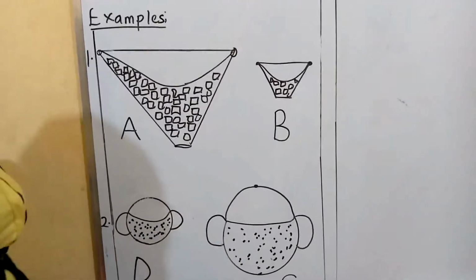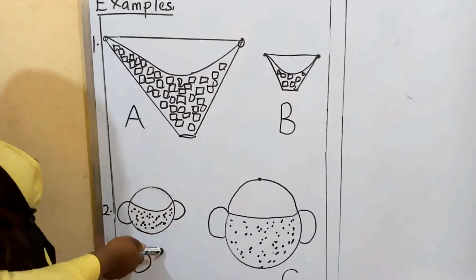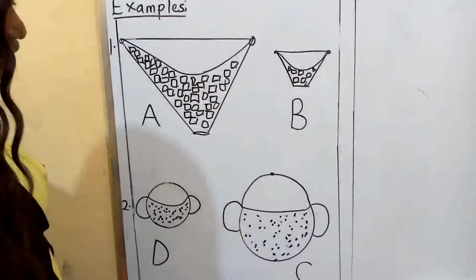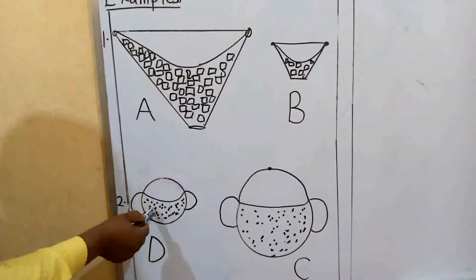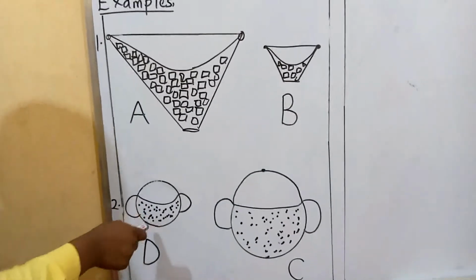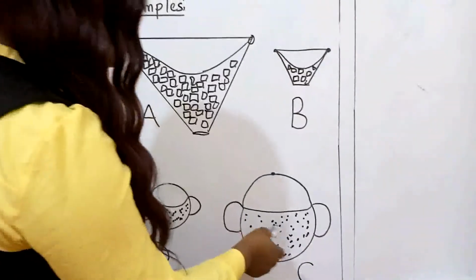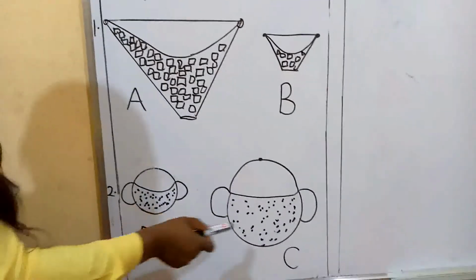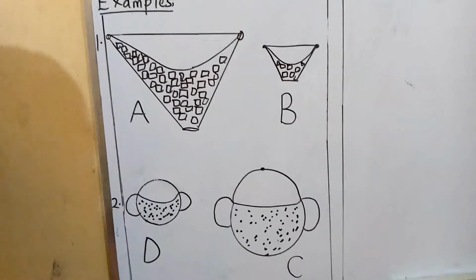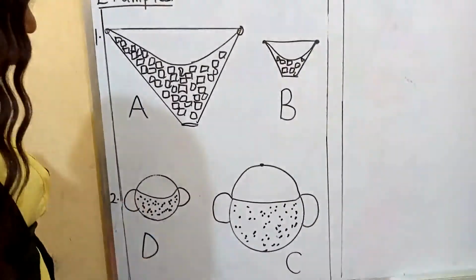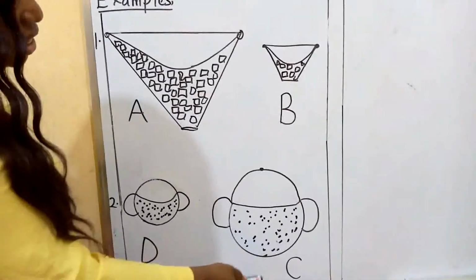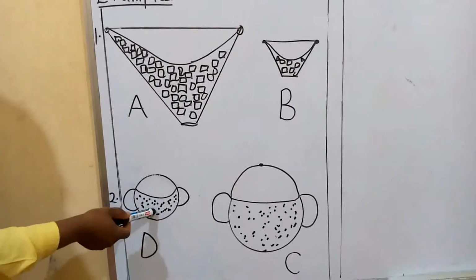This is your cup. Is it beautiful? Does it look like your cup in the house? Now, this is container D and this is container C. Inside them we have water in liquid form, water in container D and water in container C. Which of these containers contains more water? Is it D or C? It is container C that contains more water than container D.